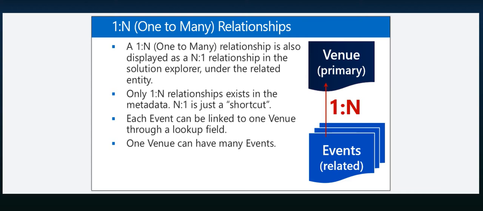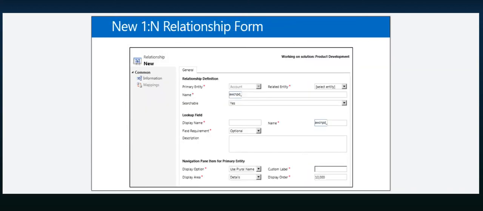And the event entity will have the lookup field to the venue entity. So basically similar to my example of the account and contact item. If you look at this on a form, we create a new one-to-many relationship. We can specify the details going there, including what the new lookup field is going to be called, what the specific schema name of the relationship is, and put in any of the specific requirements